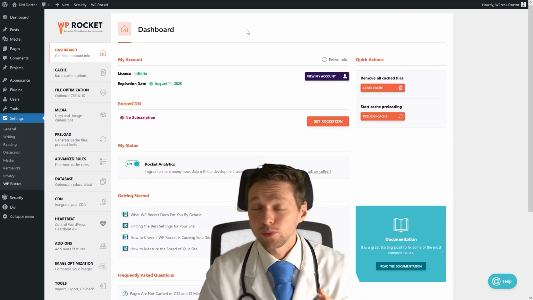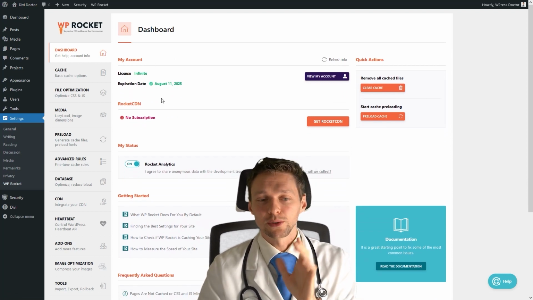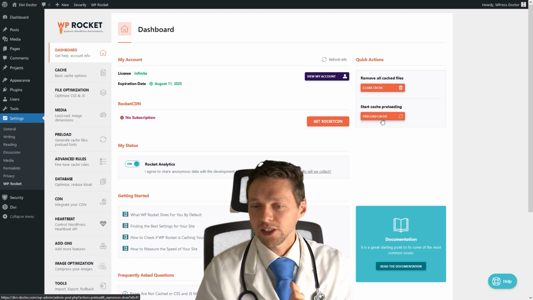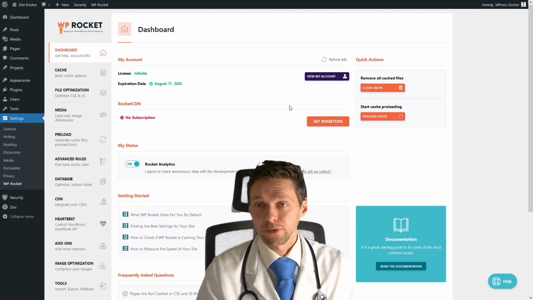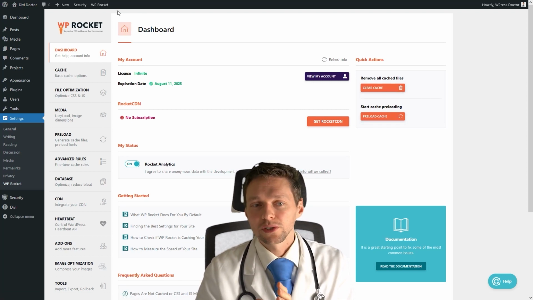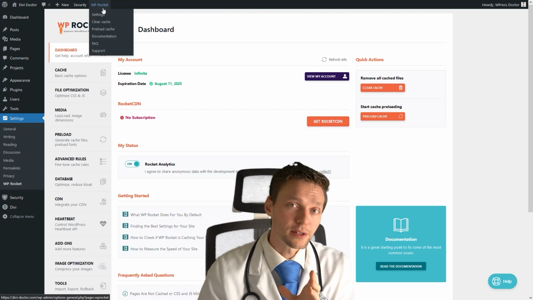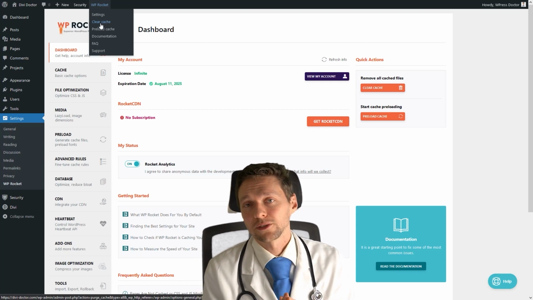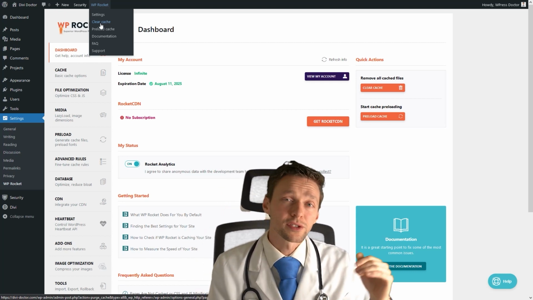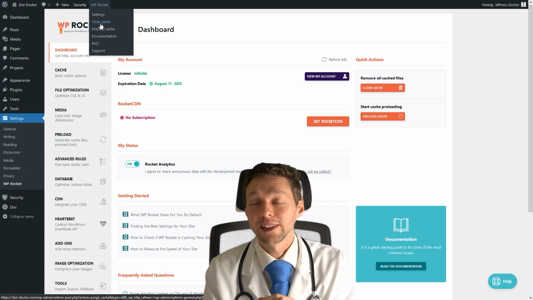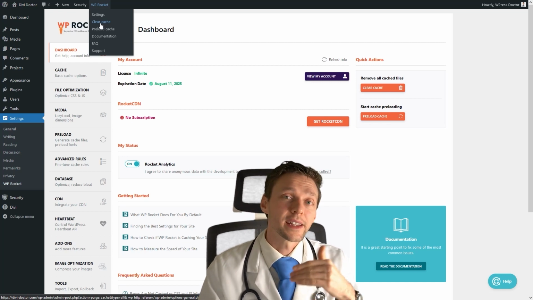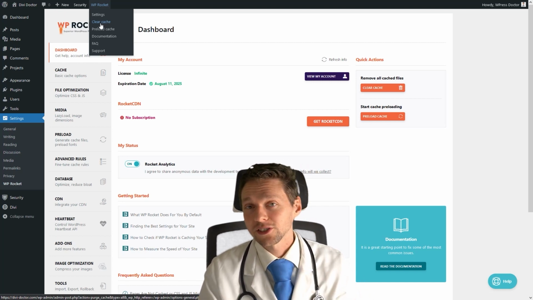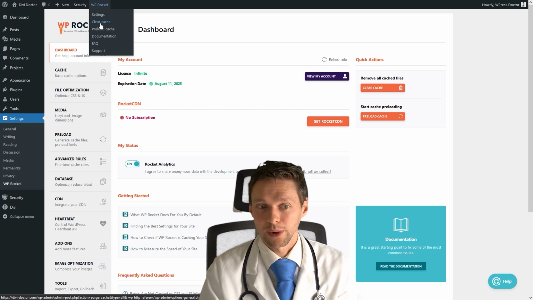Let me explain something real quick to you. On your dashboard, you can see your license. Of course, you can clear your cache and preload cache. We'll be covering it later on. But you can also use this item right up in your menu to clear the cache. Sometimes you will need this because if you change your pages or posts, you won't see the difference right there in your browser. You need to clear your cache. Also, when adding new plugins, clearing your cache might help and solve a lot of problems.